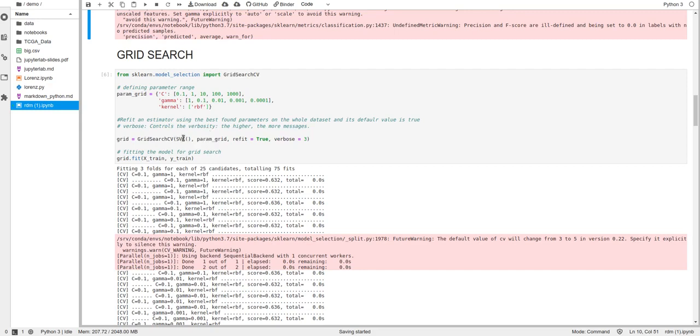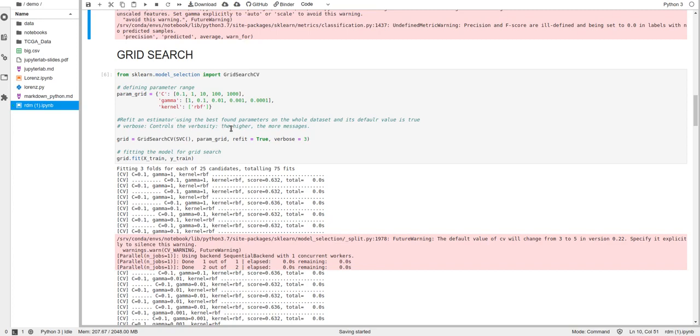One thing to notice here, SVC is not trained here, and in param grid we will pass these parameters. Refit is true and verbose is 3. And now what is refit? Refit uses the best found parameters on the whole data set to fit an estimator, and its default value is true. It helps us to get the best parameter estimator.